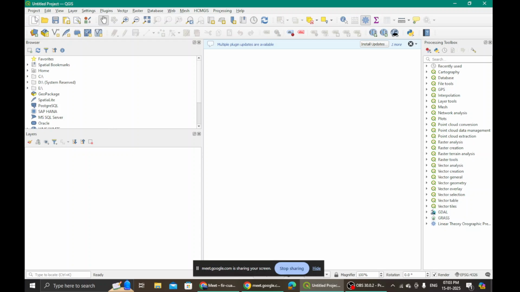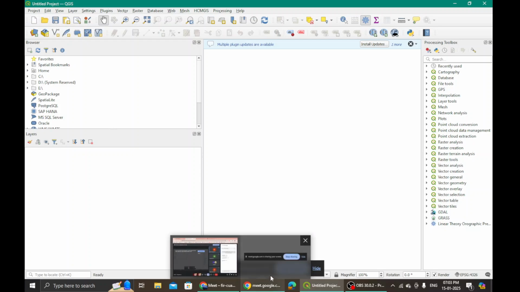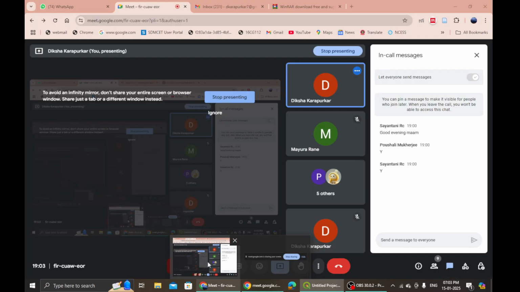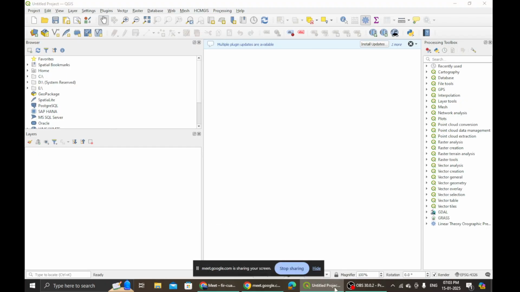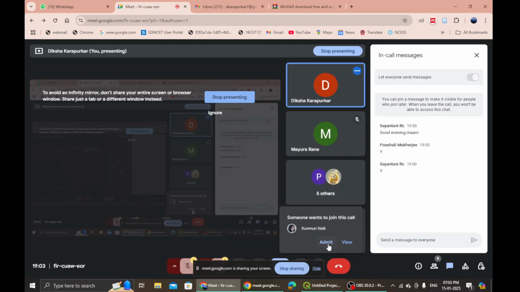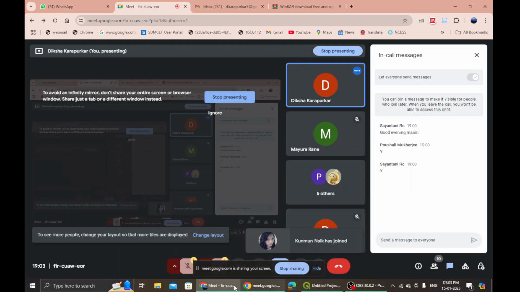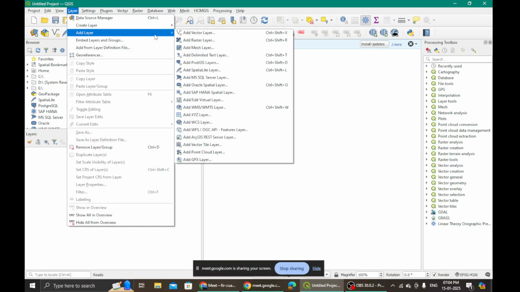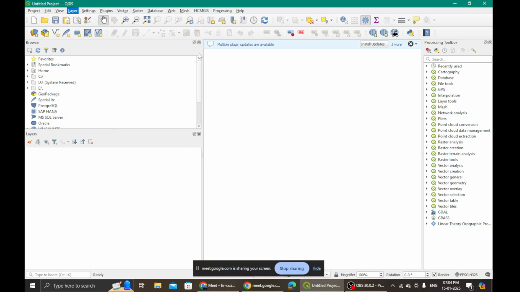Okay. So what I will do, I will quickly go for adding layers. I'm adding raster layers.